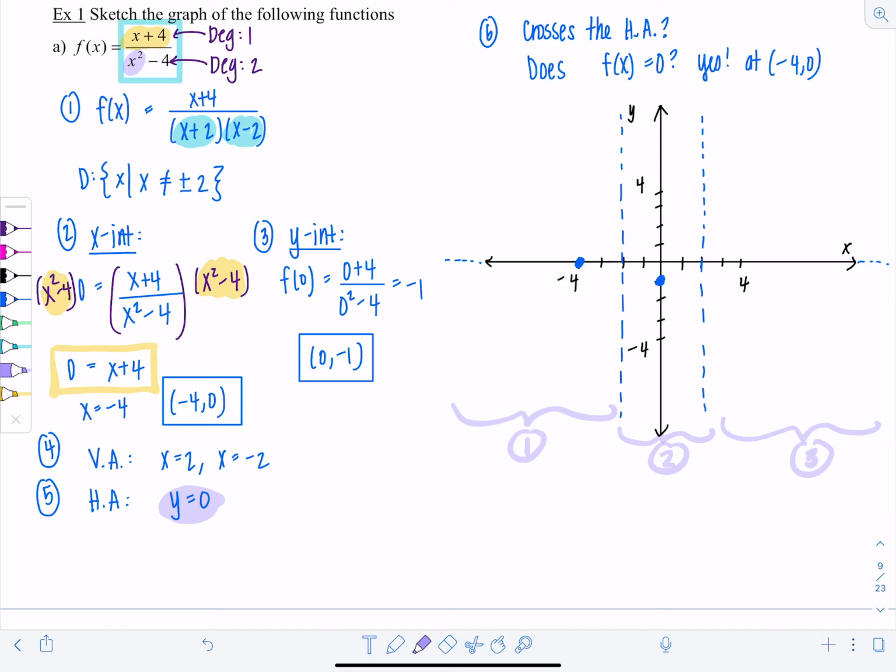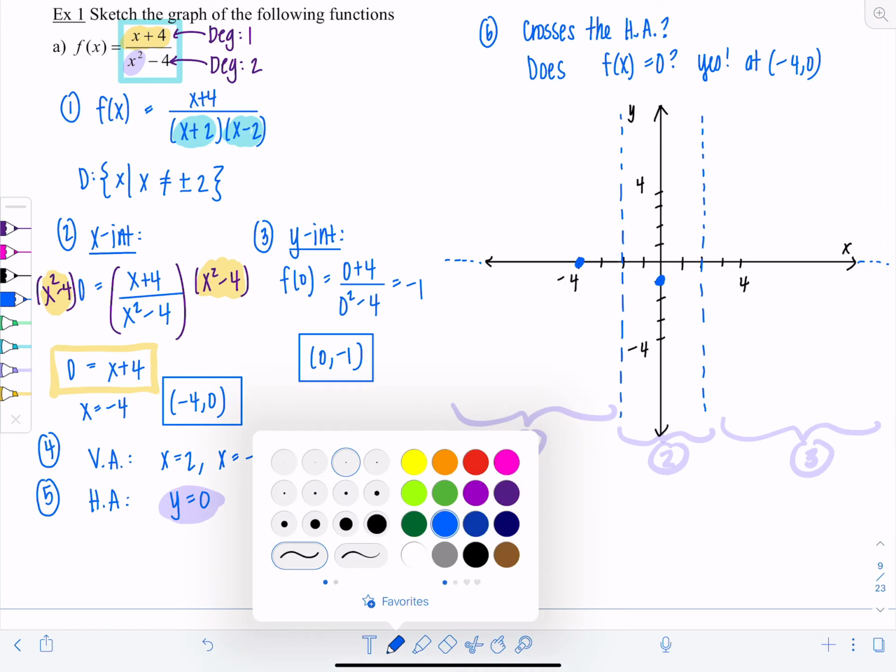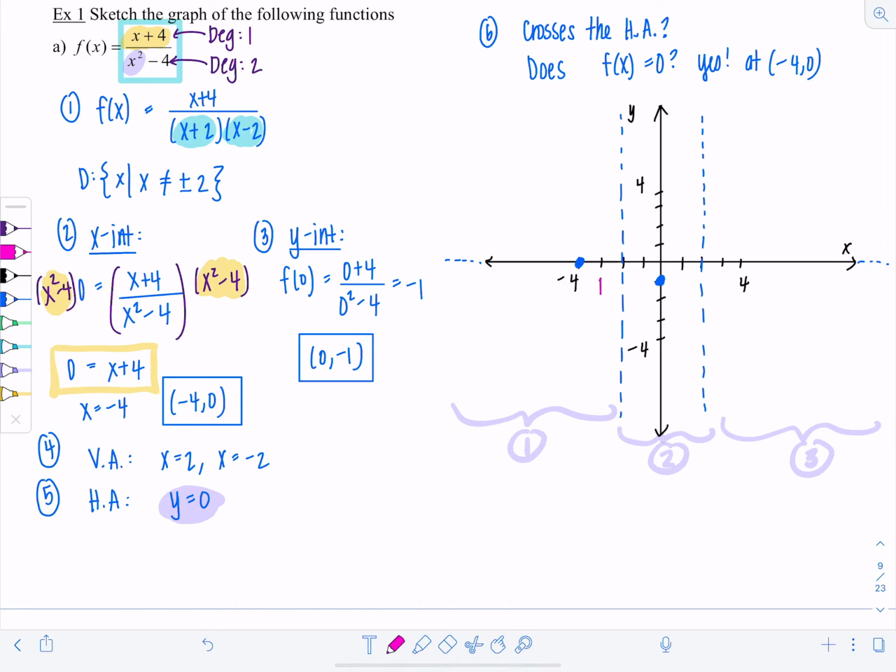All right, so for our 2 options, I basically don't know if it's coming from above or if it's coming from below. What can I do? Well, I can test a point in the function. Maybe something right here at -3. I could test and see, is f of x above or below the x-axis? So let's see here. I'm going to get rid of that. Let's test